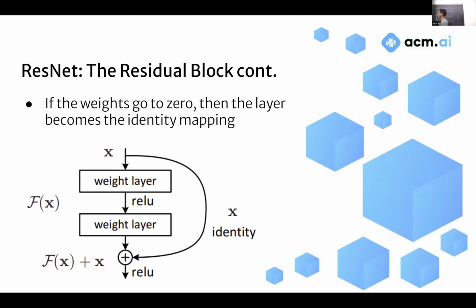Perfect. So now if we look at this diagram again, hopefully it makes a little bit more sense. You have your input layer, you pass through the weights, you pass it through the nonlinearity function, that gets to your first hidden layer, then you pass it again through ReLU, but you also add your identity. So that way, if needed, this whole thing can zero out and you literally just